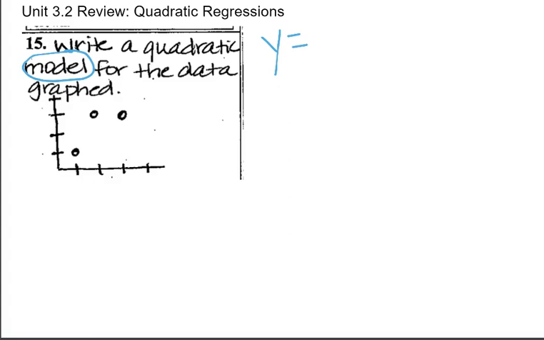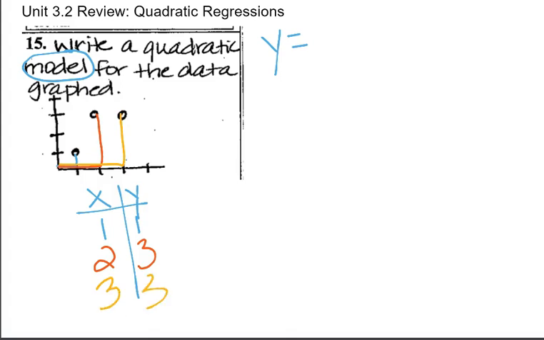can see from the graph though and make a table of points. So the first ordered pair I see is 1, 1. The second one that I see is 2, 3. And the third one is 3, 3. So I just made a table of the points that they gave us so that we could do a regression